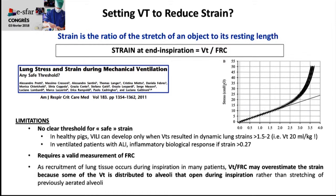We don't know the thresholds for the safe strain. In healthy pigs using tidal volumes from a range up to 20 mL per kilogram, only when the dynamic lung strain got above 1.5 or 2 could we see some VILI developing. But in ventilated patients with lung injury, some authors could observe an inflammatory biological response starting from a strain of 0.27. This method would require a valid measurement of FRC,